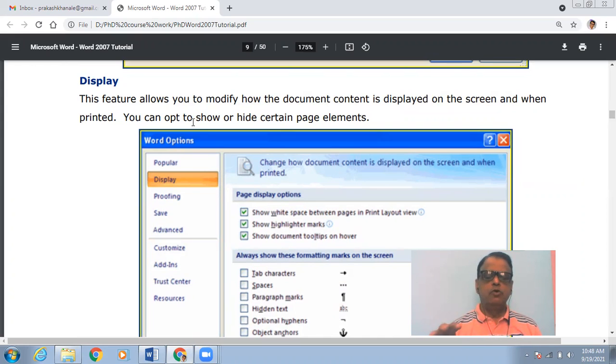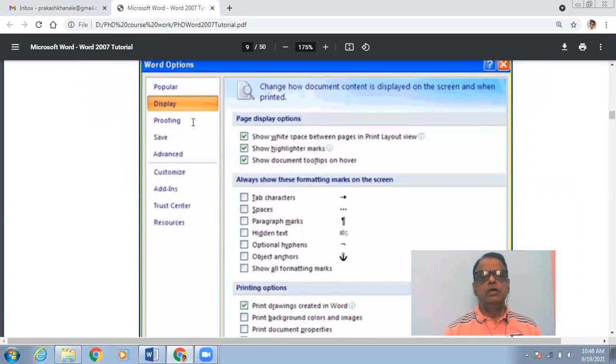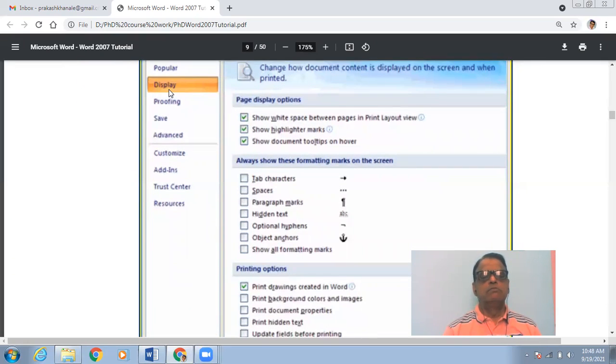Many times we do not want these characters to be displayed, and such settings can be done by using this display option. Whenever you click on this button, this window will open, and now you can set what you want to display, whether you want to show white spaces, highlighter marks, or the different control characters or formatting marks, such as tab character, space, and paragraph marks.